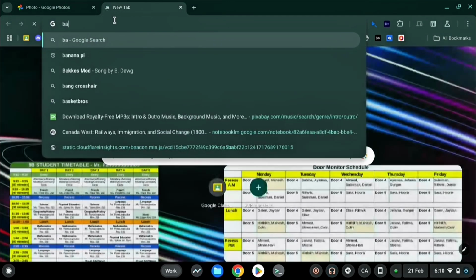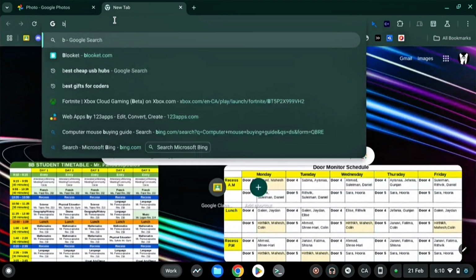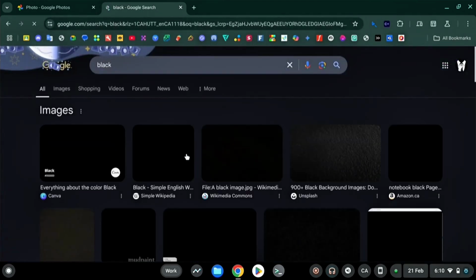Now just for those people who want to see the crosshair in action, I'm going to turn it on, reload, and it's right there. Kind of hard to see here, but let me search up a black background. So here, as you can see, we have our little crosshair.